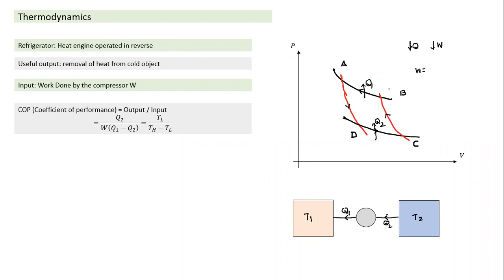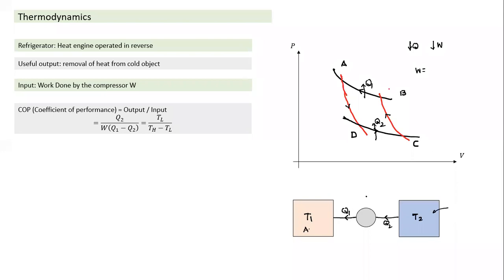So when you look at the operation of a typical refrigerator at home, what is T2? T2 is the temperature inside the refrigerated compartment. And what is T1? Typically, it rejects the heat to the air temperature. So it draws heat from inside the refrigerator and dumps the heat to the surrounding.